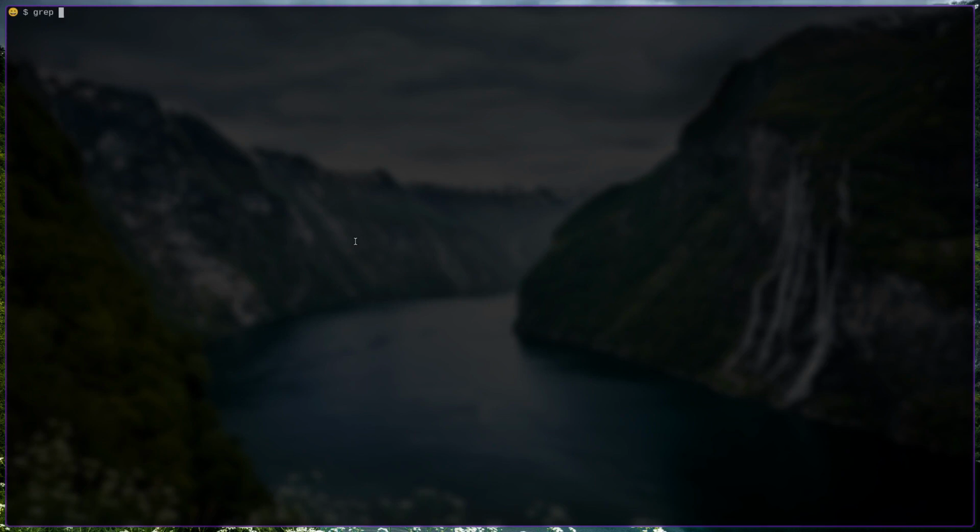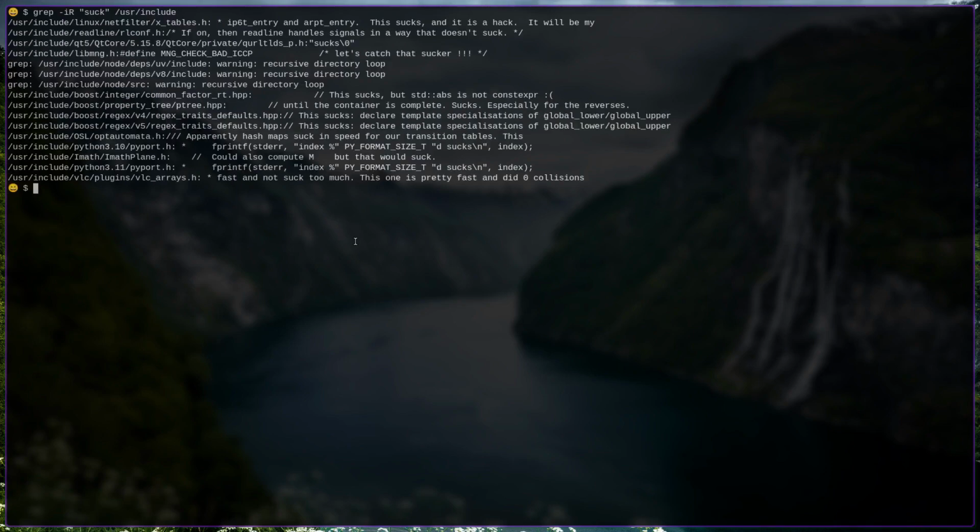Let me show you an example. Say I want to look up the word, I don't know, suck in this directory, just make it fun. You see there are a couple of results, and you will have all the other files needed to build your